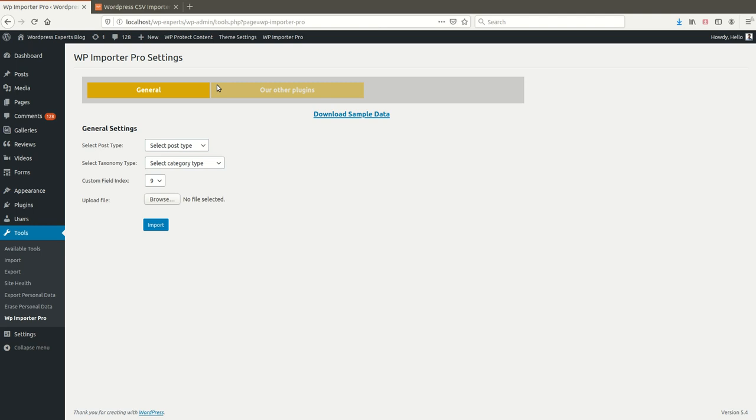Okay, so these default fields are clear for you. Let's come to the custom fields. Custom fields are basically the custom meta fields. In the second row we have given the meta key, and these are our meta values. On the basis of the meta key we import the meta value here.